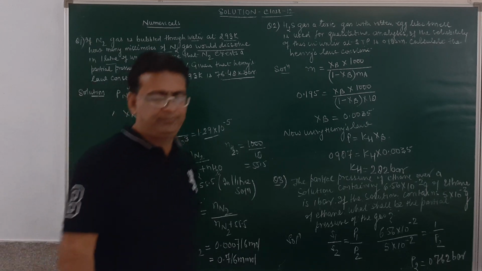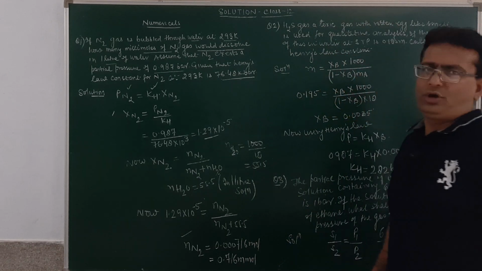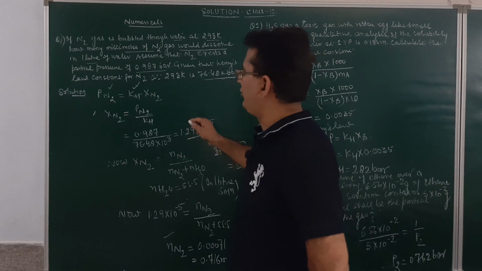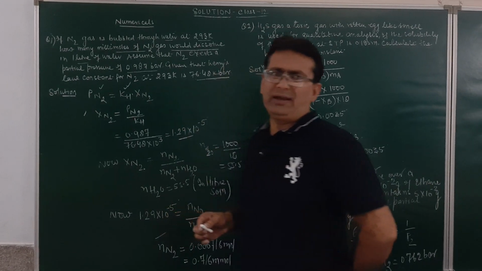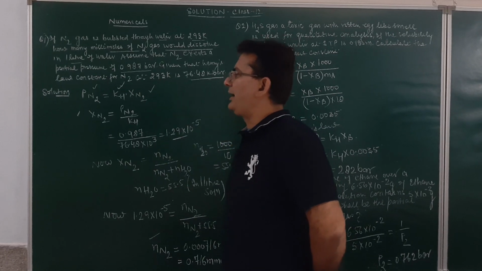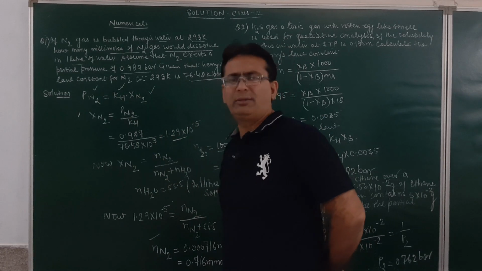millimoles of nitrogen. So, these kind of numerical problems are very common, and these are the problems which do not require very much calculation. When you will be appearing for the multiple choice question examination, they may ask you what is the formula for partial pressure of nitrogen as per Henry's law. Formula will be Henry's law constant multiplied by the mole fraction.